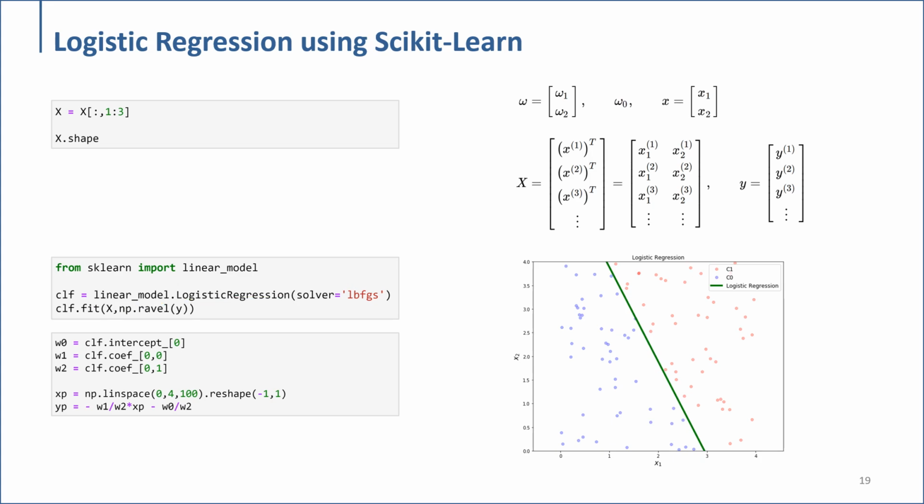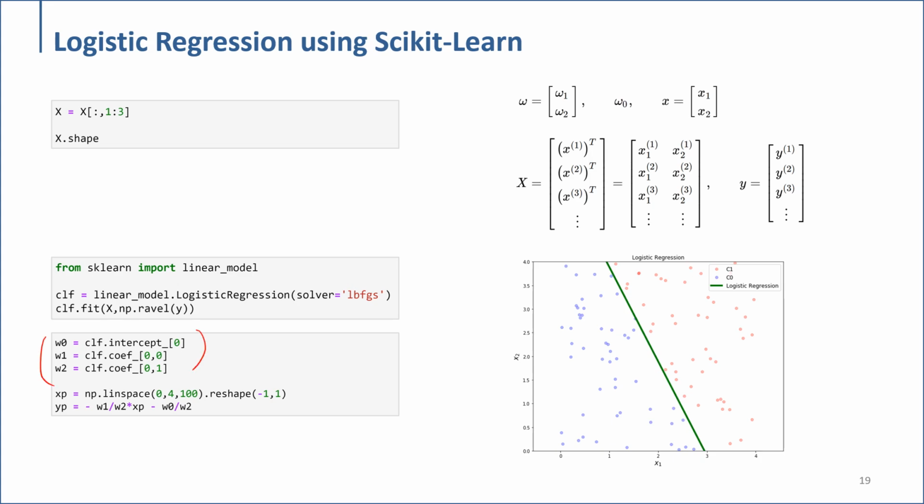And here you don't need to set the solver, but for convenience, let's set the solver like this. And based on the defined model, if you just use this fit function with the x data and the labeled y, that is all. Just using this command, you can automatically find the logistic regression function for the weighted values,